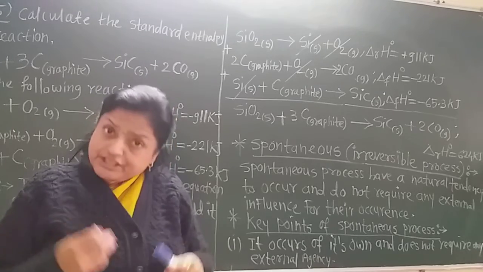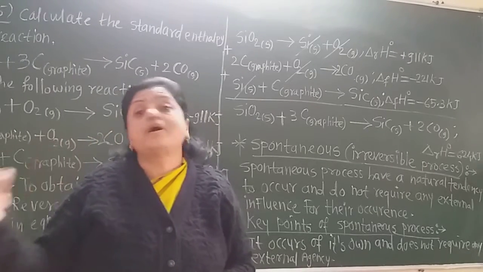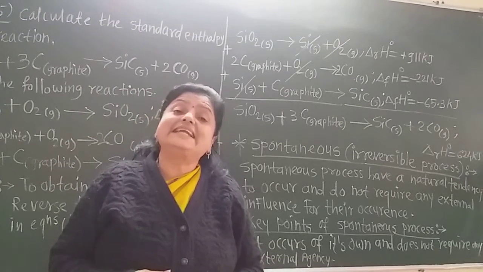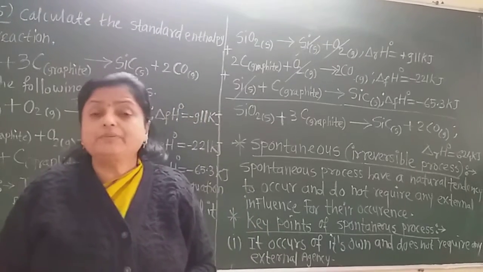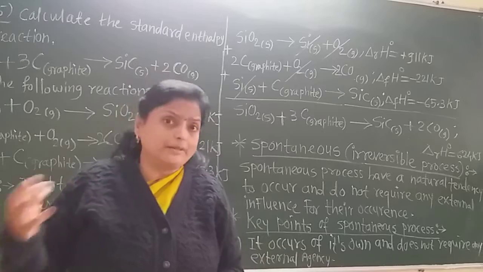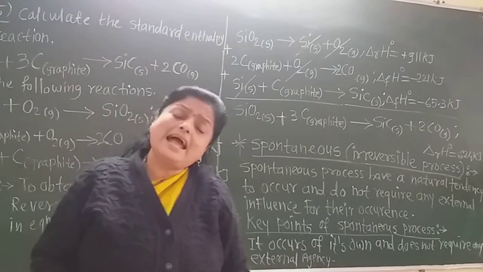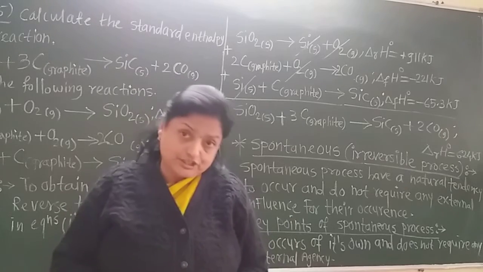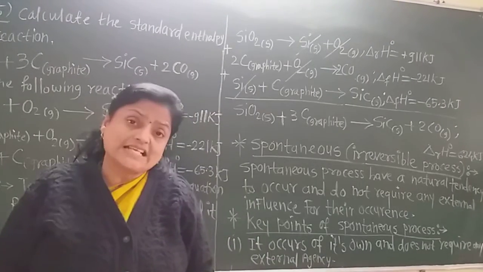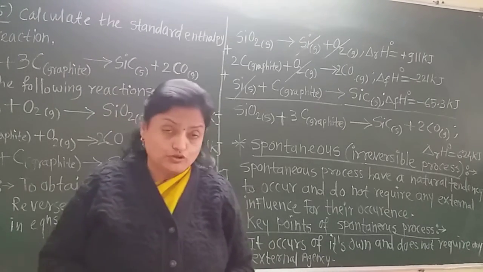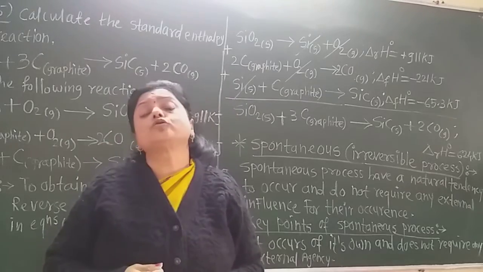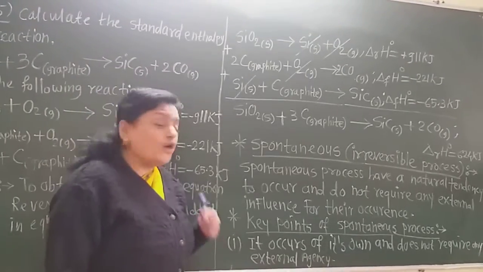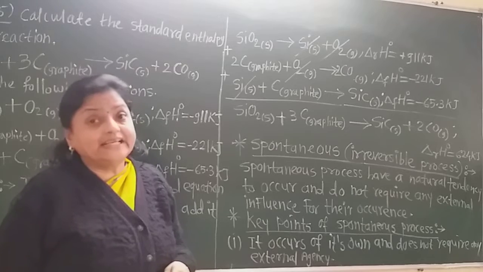So this spontaneous process is a very fast process, and this process does not require any external agency to carry it out. That means there is no need to supply more temperature or more pressure. It can occur of its own accord. It is a very natural and spontaneous process. Generally most processes are irreversible or spontaneous processes. For a reversible process we require an external agency or sophisticated instruments. Now what is the definition of this spontaneous or irreversible process?